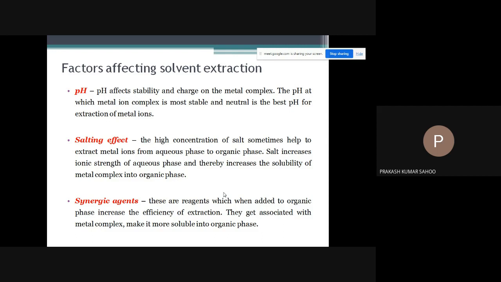So, can anyone tell me what is the difference between base and alkali? What is a base and what is an alkali? Am I to say that sodium hydroxide is a base or sodium hydroxide is an alkali? Anyone have any knowledge on this? Alkali and base,